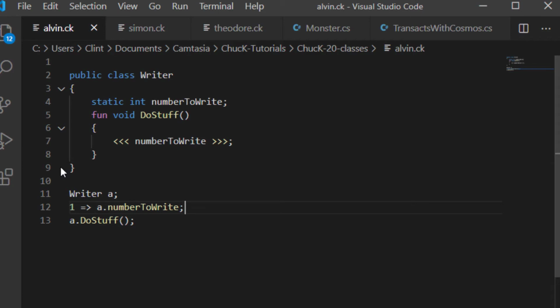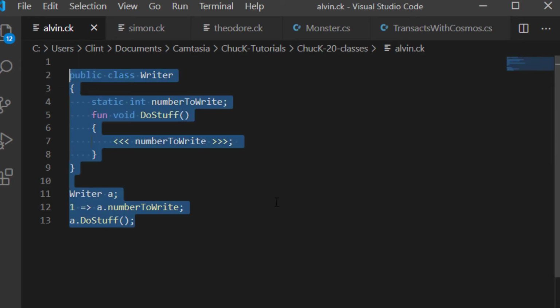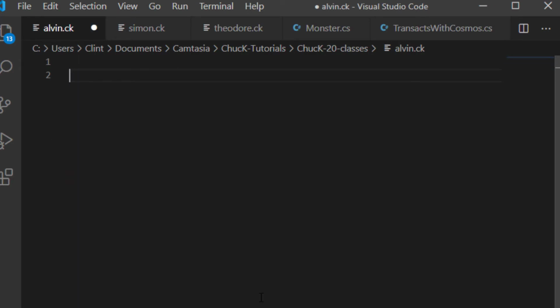One thing that we mentioned in the video about scores is that it sucks that you have to define the BPM in every file. And this is how you get out of that. You say, let's say in Alvin, we're going to say public class BPM,